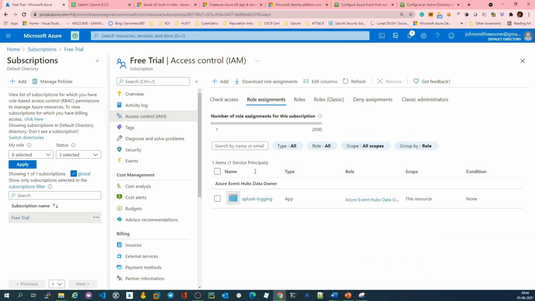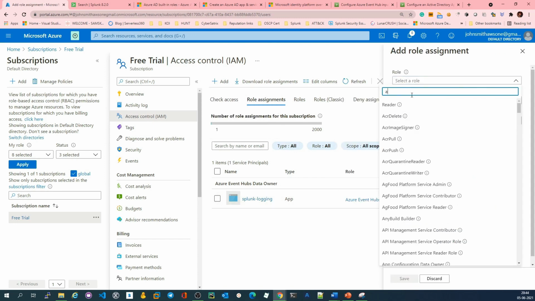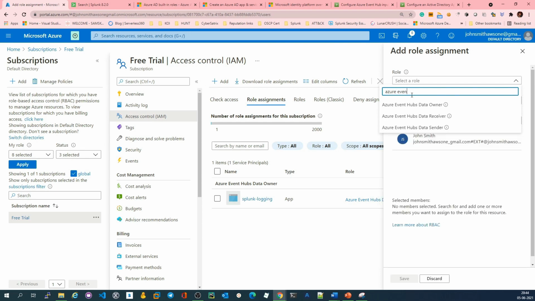Right? So we'll go to role assignment, and then you can click on add. Click on add role assignment. In this case, we have to provide the role of Azure Event Hubs Data Owner. If you see here, we have three roles: Azure Event Hubs Data Owner, Azure Event Hubs Data Receiver, and Data Sender. So if you select Data Sender, you'll get only the role to send the data to the event